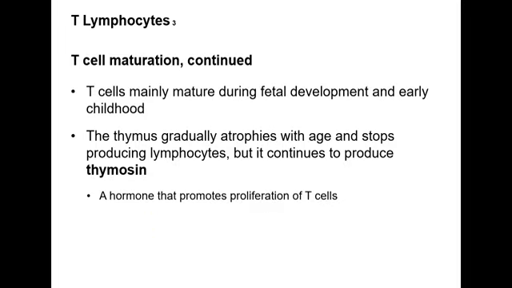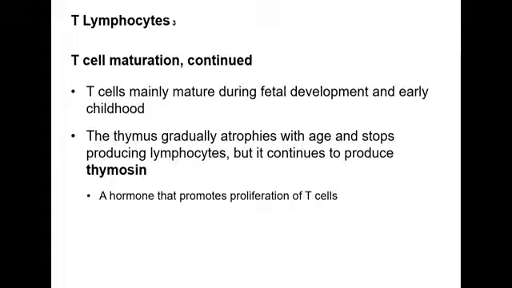Now, T cells are typically going to mature during fetal development and early childhood. That's when they're going to primarily go through their maturation process, which is why the thymus will typically be much larger in children than it is in adults. As we get older, our thymus will start to atrophy and shrink in size, meaning it's going to stop helping with the maturation process of these lymphocytes, but it will still continue to produce the